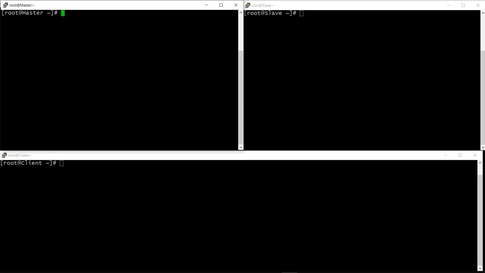So in Hadoop, we basically deal with three types of nodes. One is the master node, also called a name node. One is the slave node, also called a data node, and one is the client. When all these nodes are connected with each other, they form a cluster known as a Hadoop cluster, and that's what we are going to create today. So I will start with my master.